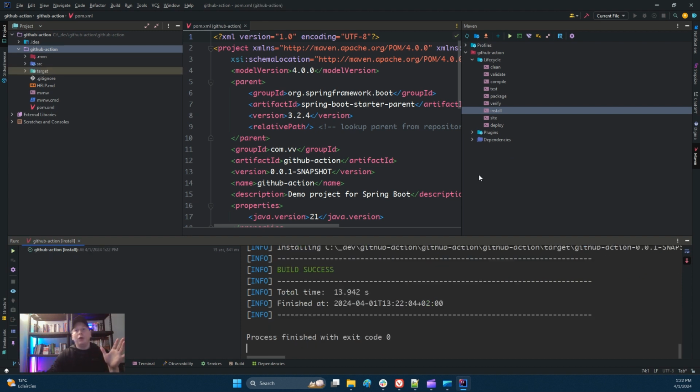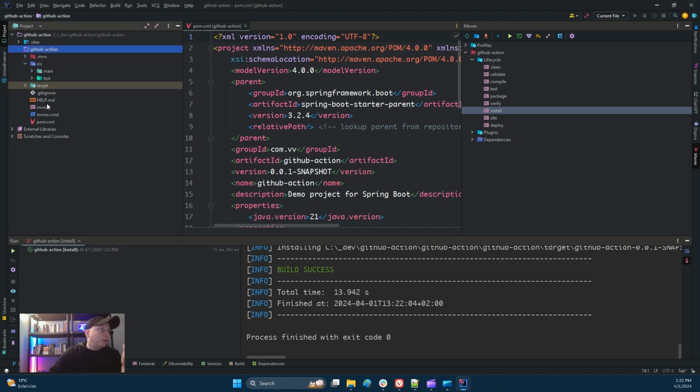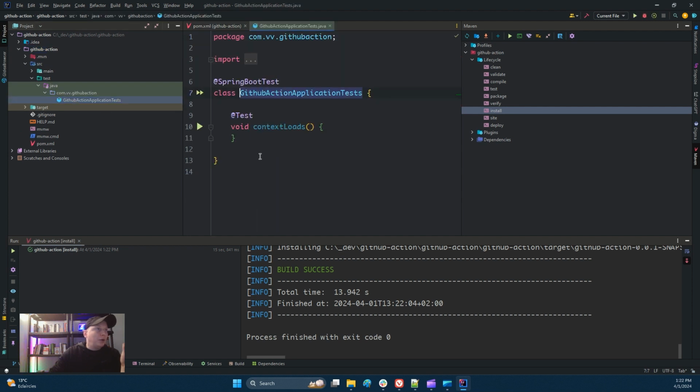So we have an empty Spring Boot application that executes just a loading test to check if it can be loaded in the environment of the test. It is this one. It does nothing. Context load test. Okay, it's just to check if the Spring Boot test runs correctly during the test.